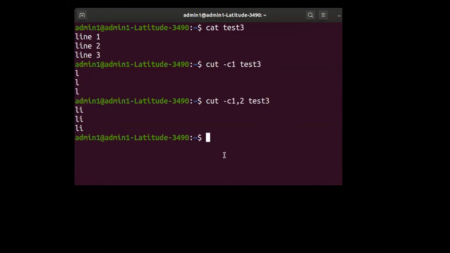And hence, very rarely, unless it is required, do we use these types of cut commands on ordinary files which have just plain simple English text. To have a proper output with the help of these commands, the output generated should actually give some meaning, right? That is the whole purpose of all these commands of the Unix operating system.